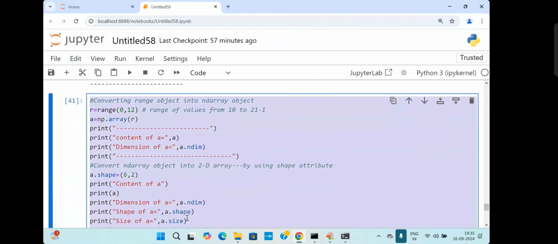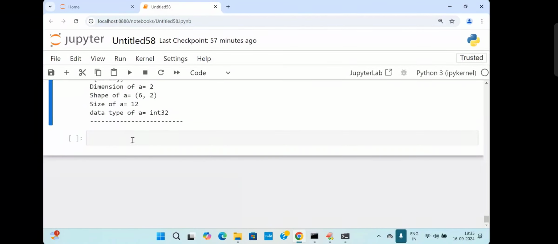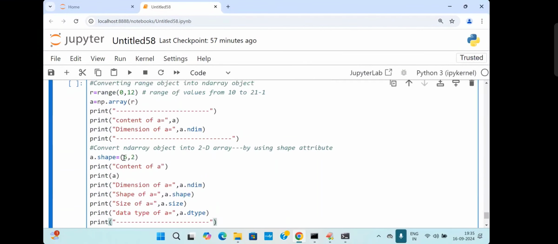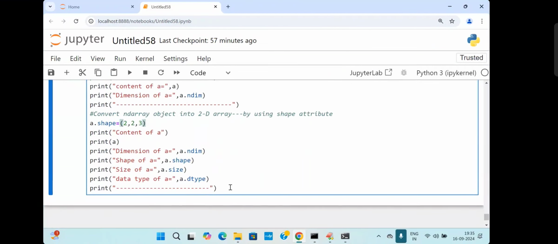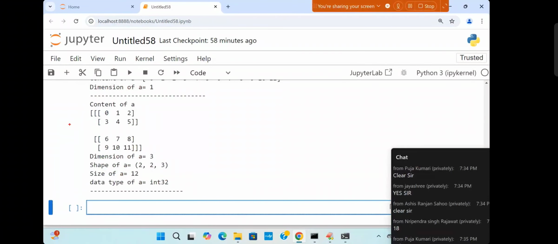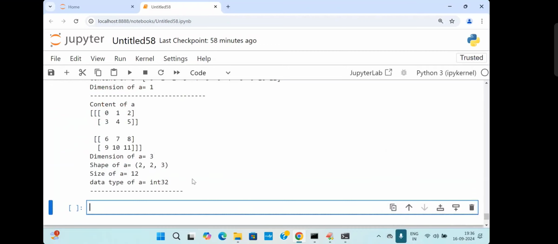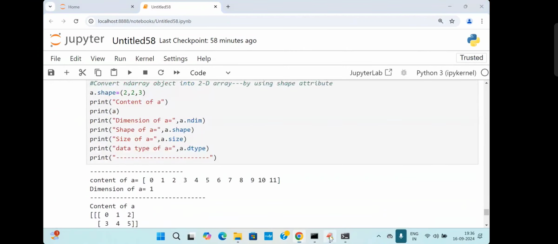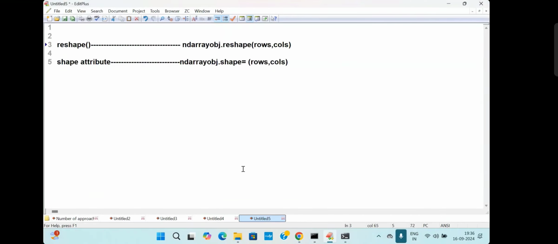Right. Last and final. I'm going to write it like this: shape of 2, 2, 3. 2 matrices, 2 rows, 3 columns. I think you are following me. Right. So how many approaches are there to reshape my matrix? Number 1, the shape attribute. Don't forget that. How many attributes are